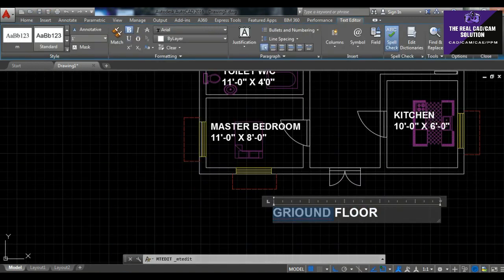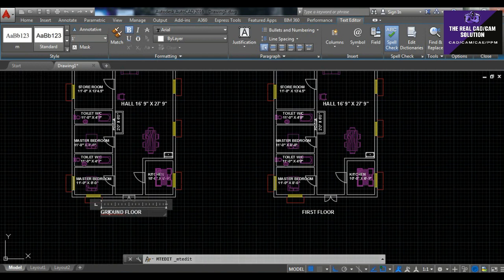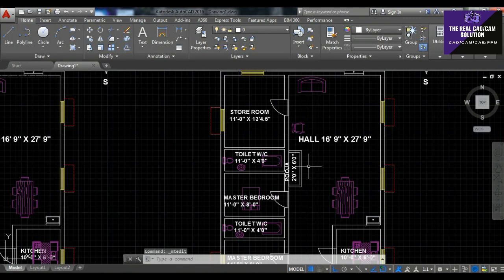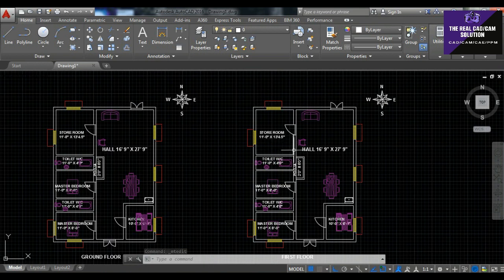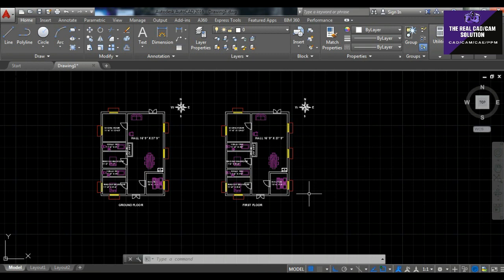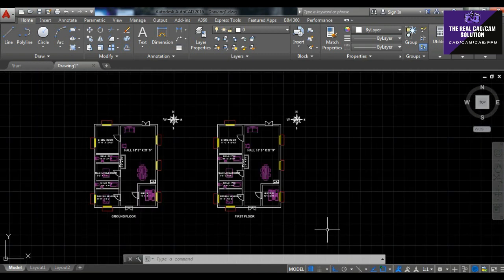The same also for my first floor. Okay, this is my ground floor plan, and this is my first floor plan. It's a mistake. Okay, it's my ground floor, this is my first floor. Okay, the same as actually presented here, and my final roof plan gets some room on top of the roof.